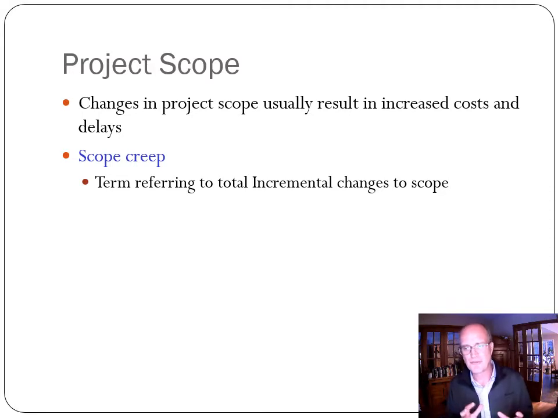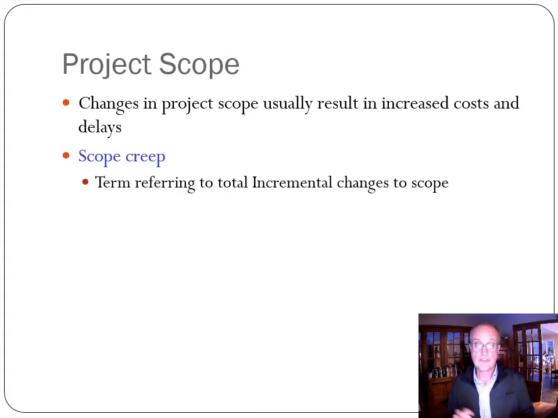This is a very common one in operations management courses, and it refers to incremental changes to scope, or as activities get added that aren't core to what the original parameters of the project were, the scope of the project is going to expand, and essentially create additional demands for resources, and often cause budget